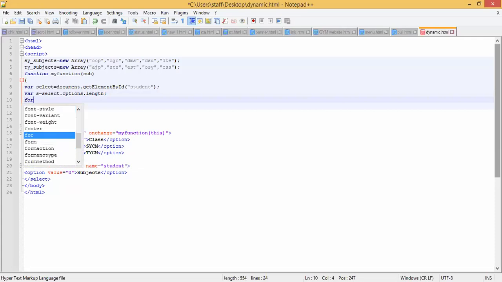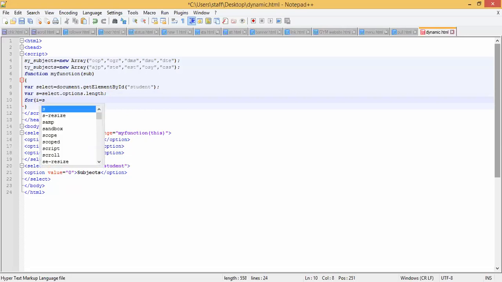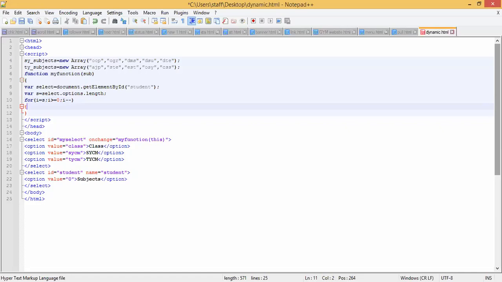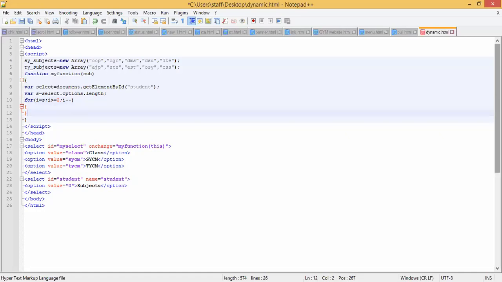Then we will take a for loop. In the for loop, take i equal to s, then i greater than or equal to 0, then I will decrement it. And again open and close the curly bracket.